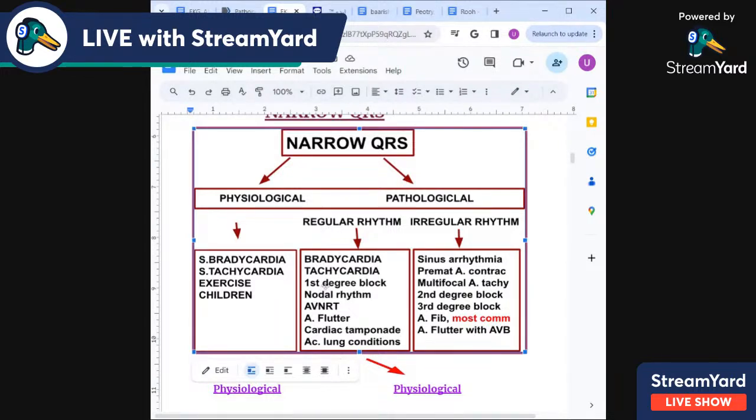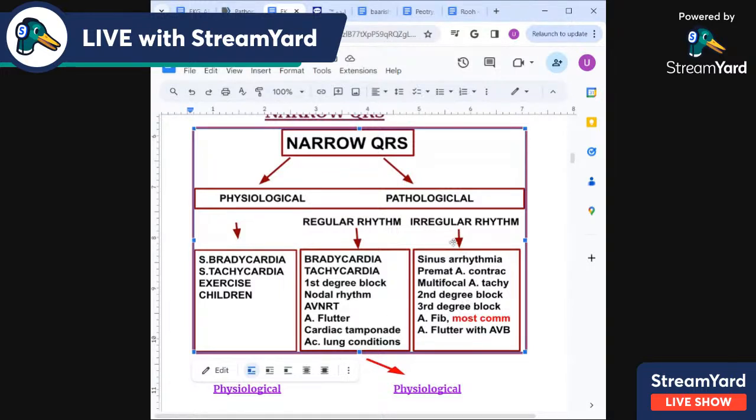The other causes of the regular narrow QRS are the first degree block. The first degree block causes the regular rhythm narrow QRS, whereas the second and third degree block cause irregular rhythm narrow QRS. Then we have the nodal or junctional rhythm and AVNRT, atrioventricular nodal reentrant tachycardia, in the causes of regular rhythm narrow QRS,